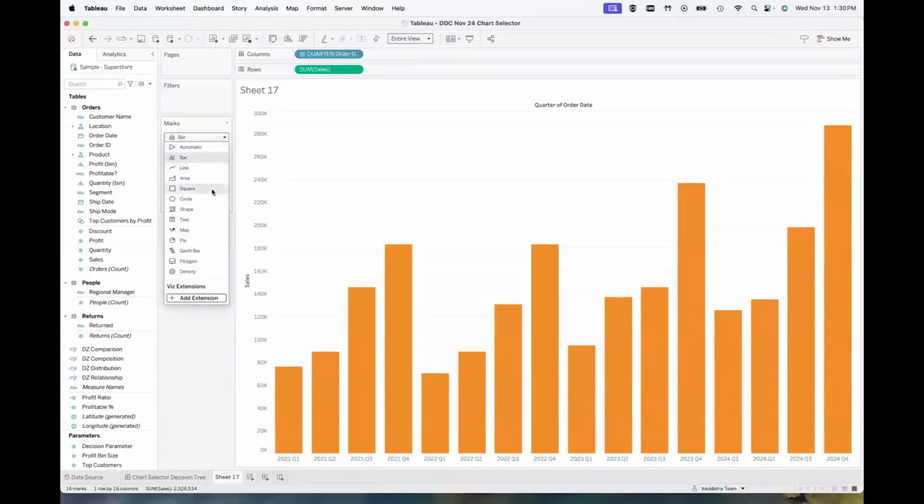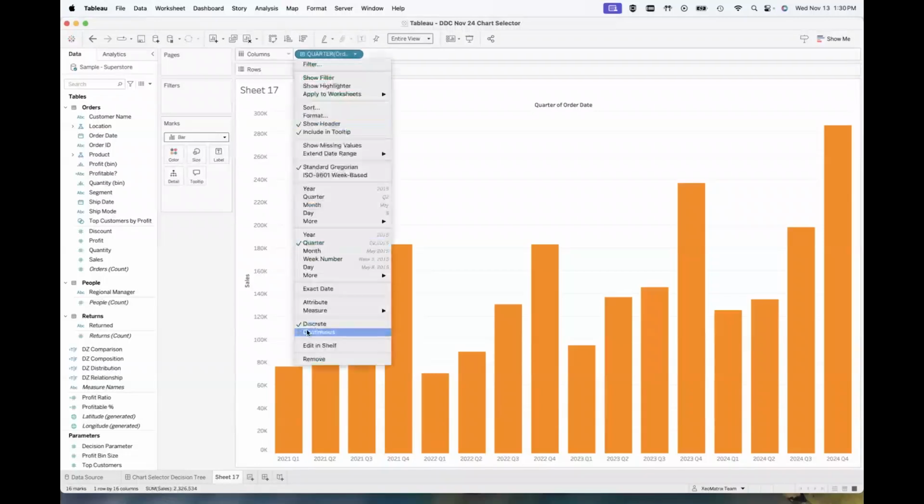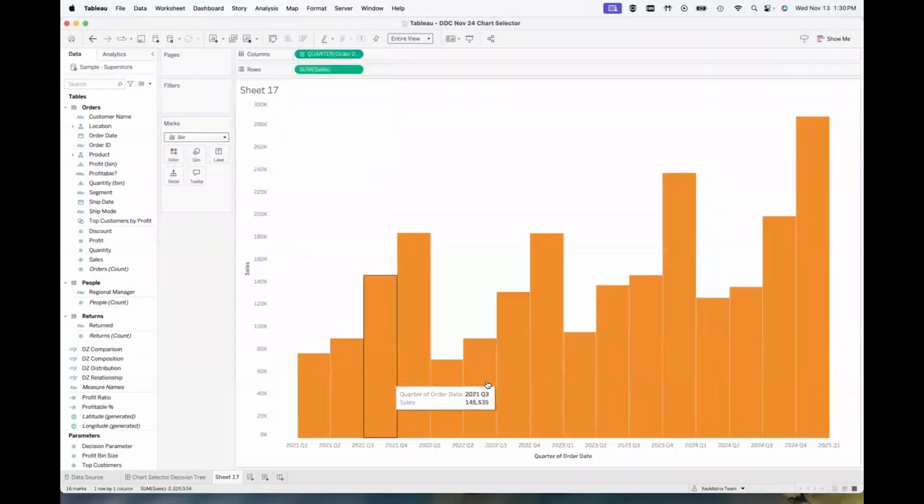And then you also used a continuous quarter, but as you saw, the bars were close together and almost harder to interpret. And then all you did is you kept that same configuration, but made it back to discrete. And that was a really nice tip, I think.